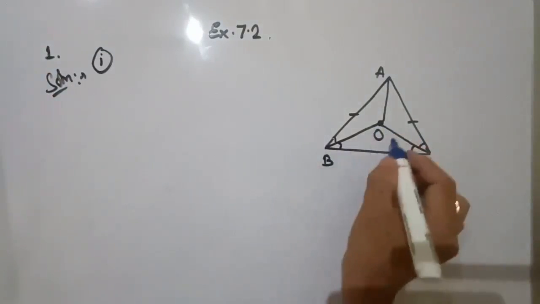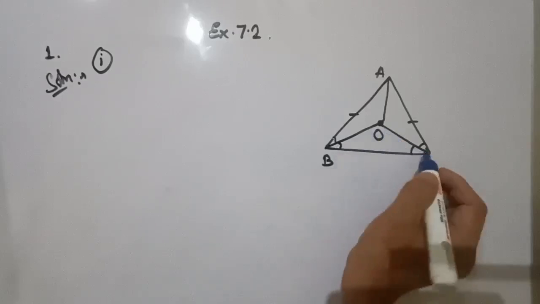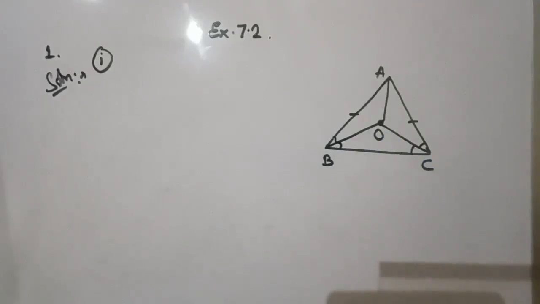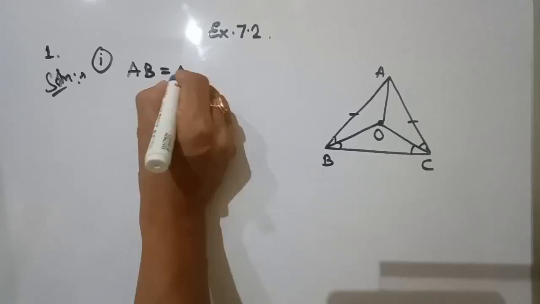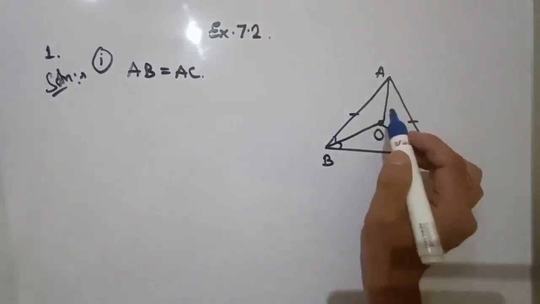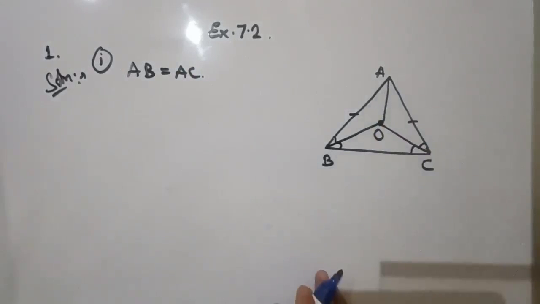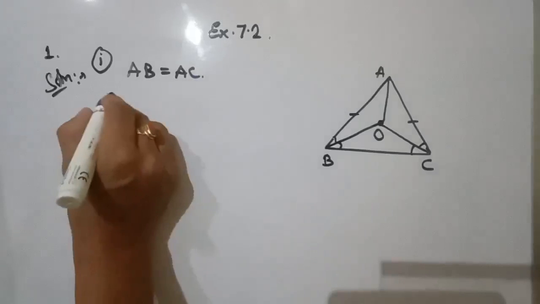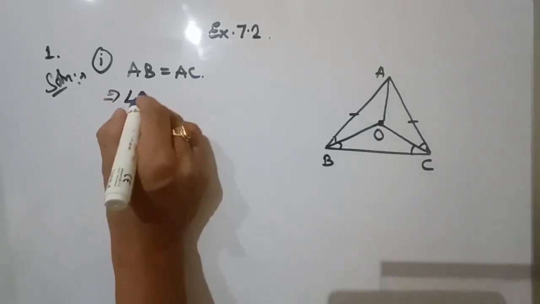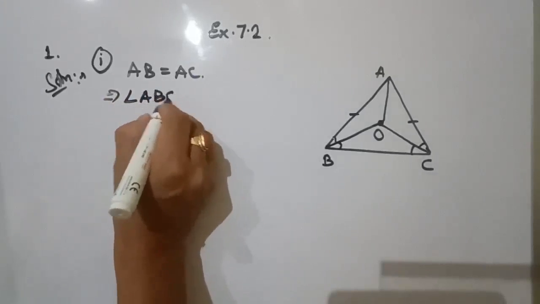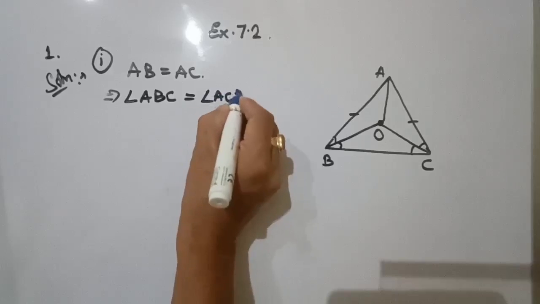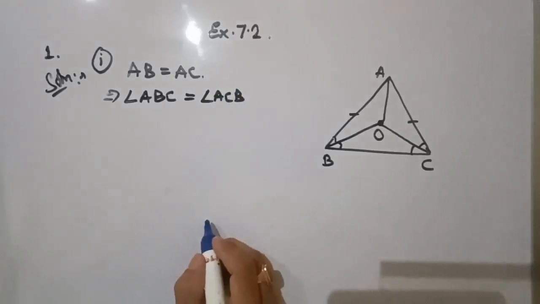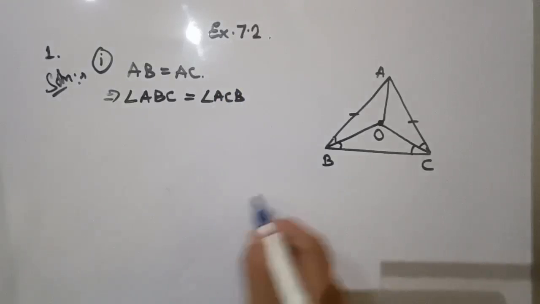OB equal to OC. You know that AB equal to AC, since ABC is an isosceles triangle and it is given that AB is equal to AC. Since AB is equal to AC, measure of angle ABC is equal to measure of angle ACB. Why? Because angles opposite to the equal sides